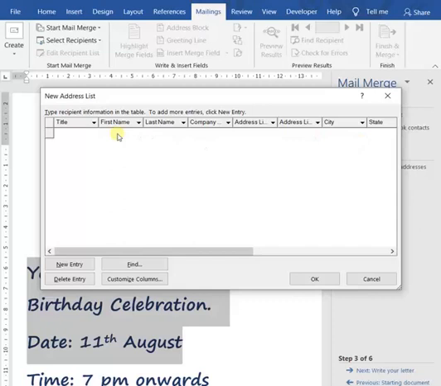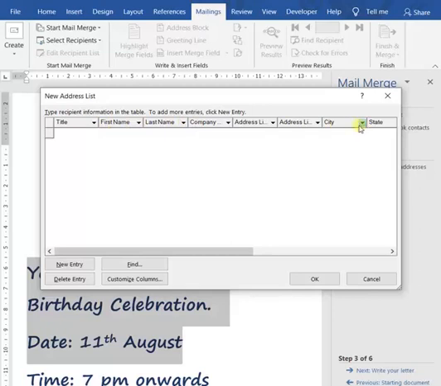So if I want to put the name of my first friend, I have to give his first name, last name, company, address list, all these things. But if I don't require so many details, see how many details are there: zip code, country, work phone, email address. So if we don't require them, we can delete some columns, those which we don't require. So we can remove some unwanted columns from this list.